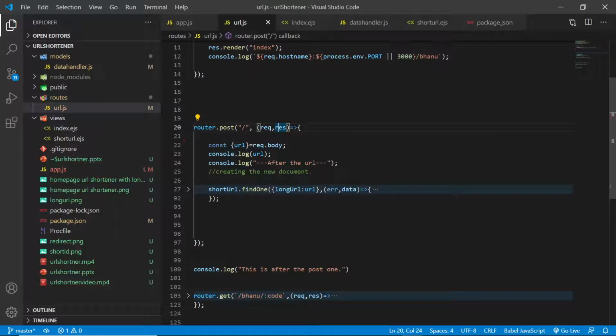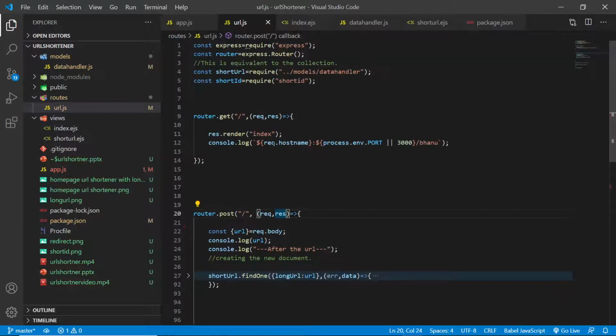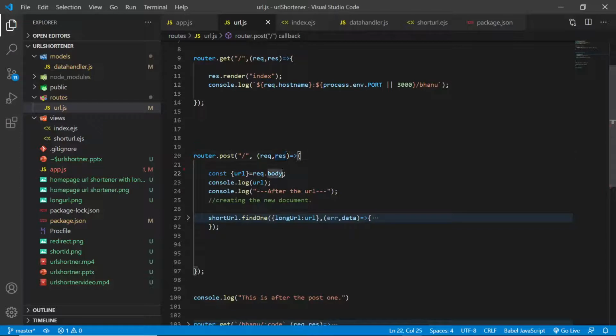Since it is a post route, we have used the body parser. The body parser parses the data and attaches the body to this request, so we can access all those values using this request dot body.